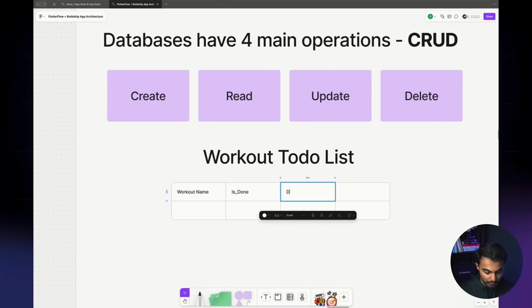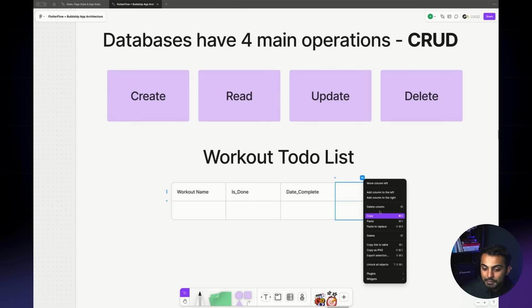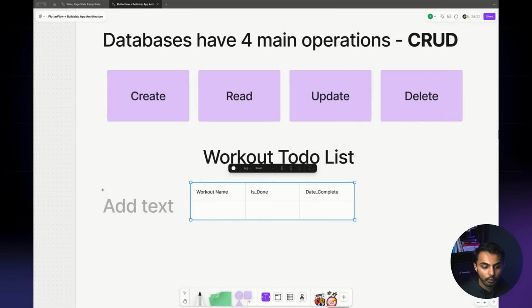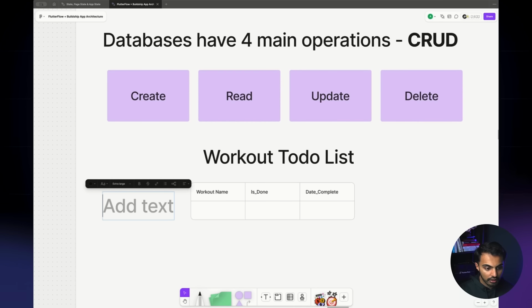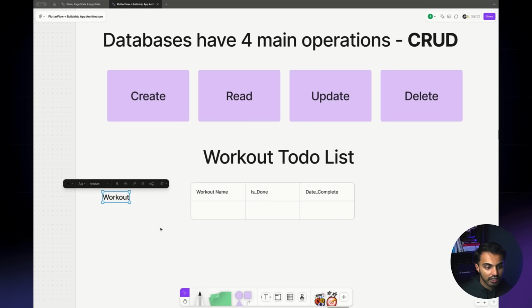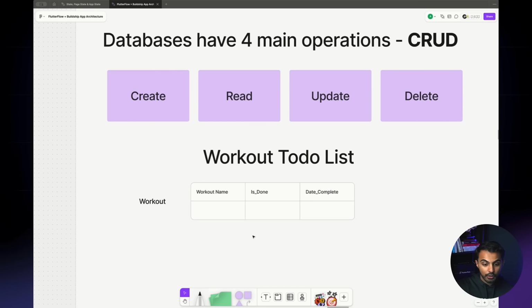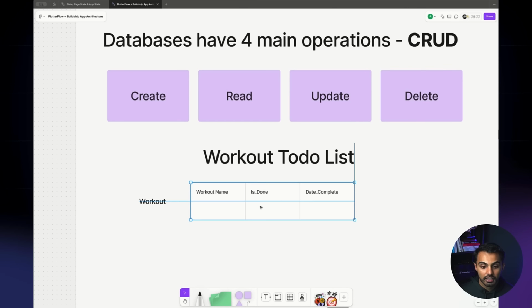That's pretty much it. And then we'll say date completed. Okay. So that's a really basic workout tracking app, right? Like this is the definition of a workout. And I'm not going to overcomplicate it too much, but the definition of a workout in our database is just this: what's the name of the workout? Is the workout done? And when was the workout completed?